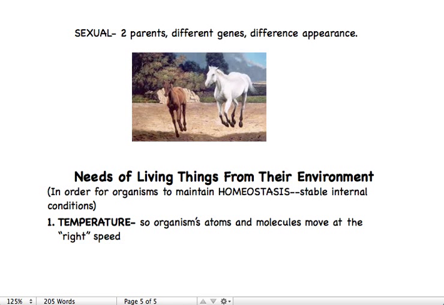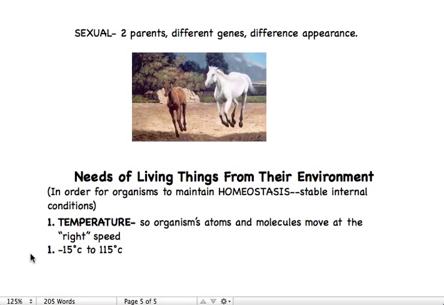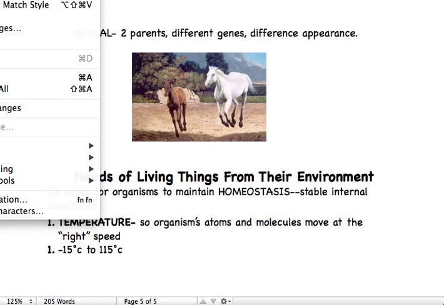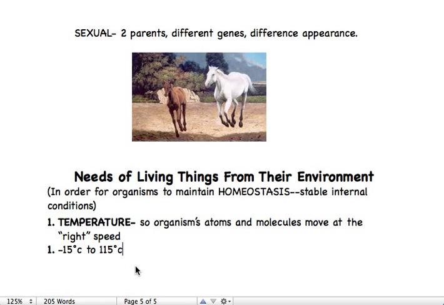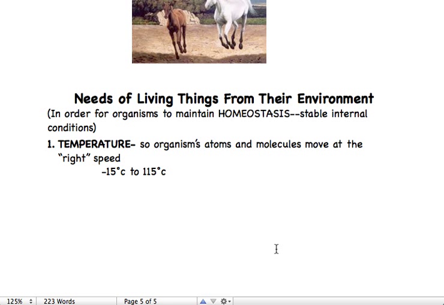And it's been determined that negative 15 degrees Celsius to 115 degrees Celsius is the proper temperature for life to sustain on Earth. So if you look at that, negative 15 degrees Celsius is about 5 degrees Fahrenheit, which maybe doesn't seem too